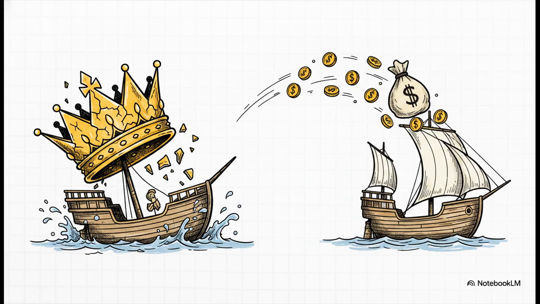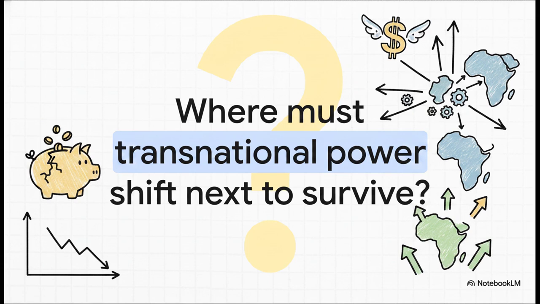According to the framework, these empires don't just quietly fade away into the night. They actually require a defining theatrical Suez Canal moment. Just like the 1956 crisis proved the British could no longer enforce their will globally, which signaled the end of their era, similar geopolitical pressure points today are being used to trigger the migration of transnational wealth into a brand new system. Which brings us to a massive, pivotal question in our explainer today.